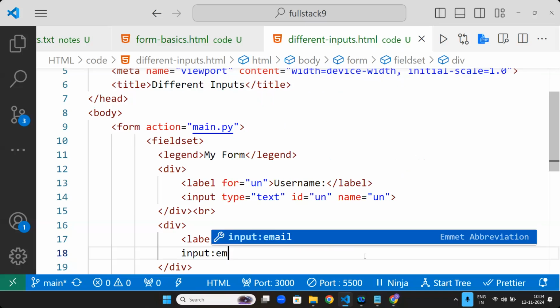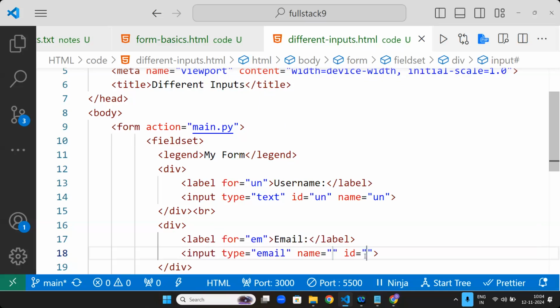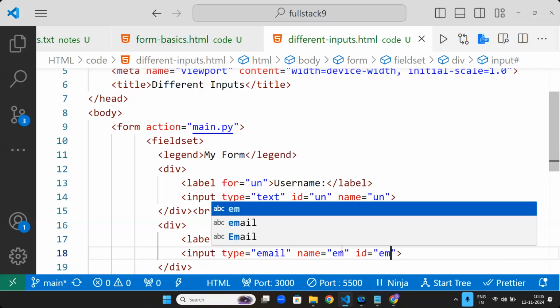If you write input colon, automatically it will give you the type. Input colon email. Then give it here, EM, and ID here, EM.